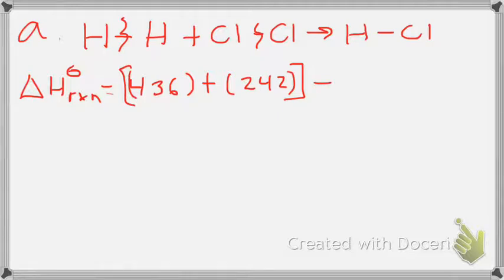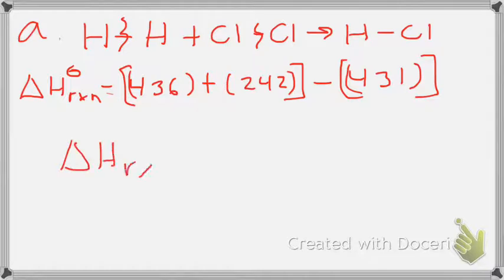Now we're going to subtract this from the amount of energy of bonds being formed. So we're only going to form one bond, this single bond between the hydrogen and the chlorine, and it requires 431 kilojoules of energy to be released when we do so. So if we take our bonds broken and subtract the bonds formed, we should get a delta H of reaction value of,